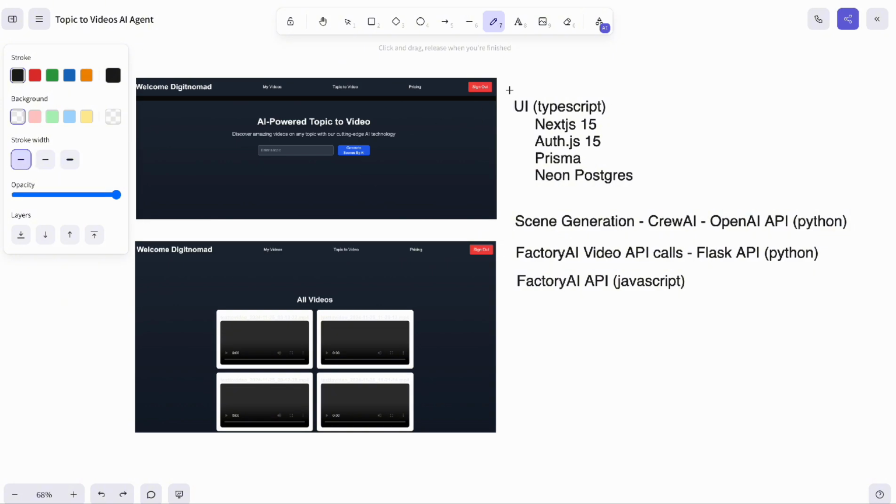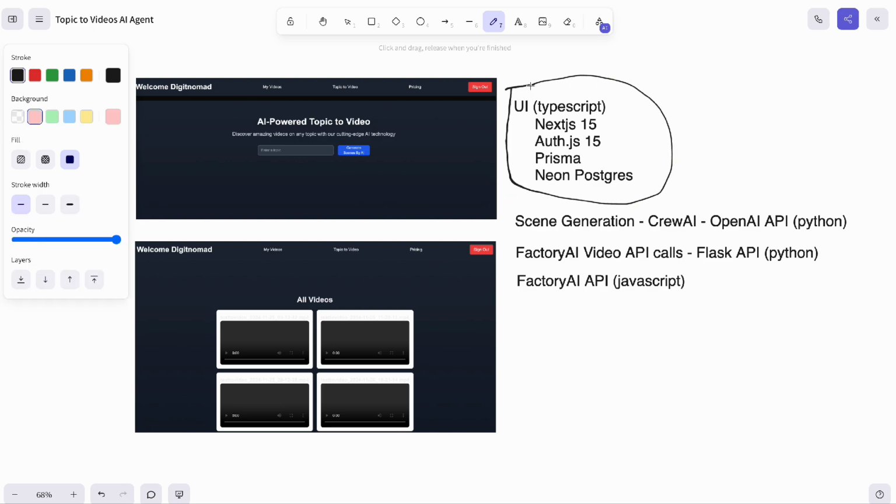So UI and all those UI, and I with the TypeScript, Next.js, Auth.js, Prisma, and a Neon Postgres database. This is Postgres database, right? And then